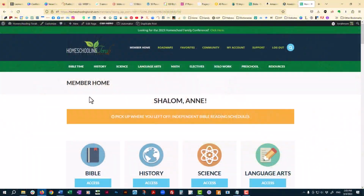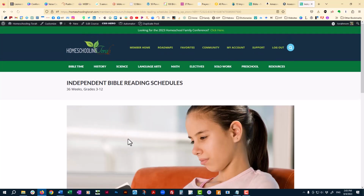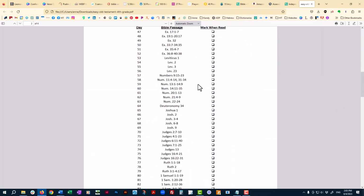So in third grade, we have some really easy Torah Bible reading schedules on our website, so that every single day for 180 days, they have a Bible reading assignment. They can read it to you, but you eventually want to have them read it by themselves. And if you're not sure they're understanding it or actually reading it, then they need to come to you and tell you what they read about that day,